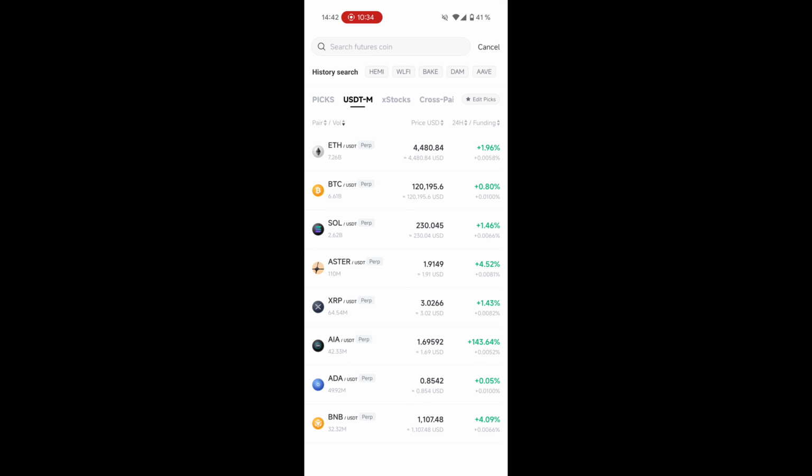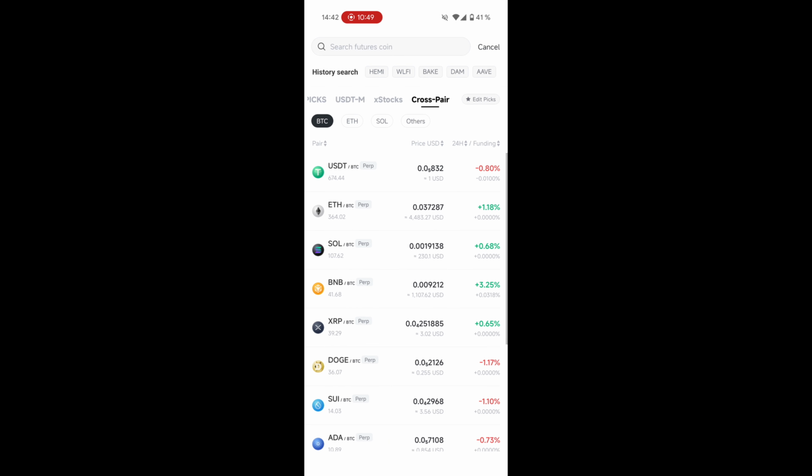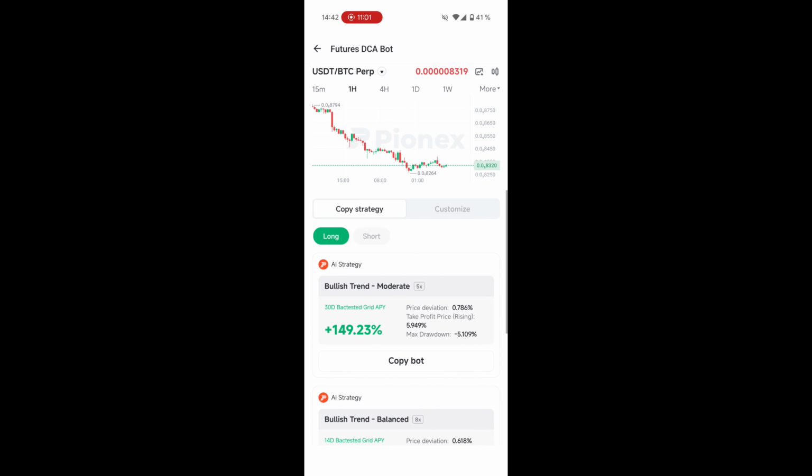But what you can do, this is my promised trick or advice, is go for cross pair. Now you see you have the pair USDT BTC, which is basically exactly the opposite of BTC USDT, which you would normally do in a normal trade. And if you use that as a futures DCA bot, you actually need to invest Bitcoin and you earn Bitcoin, or you can do the same for Ethereum or whatever else is available.